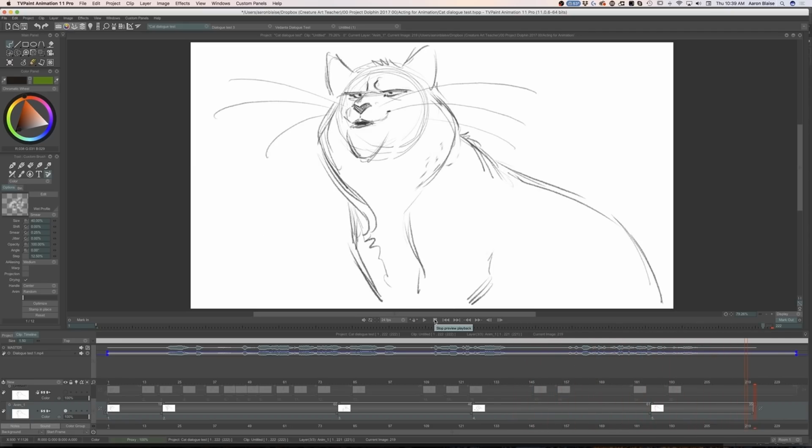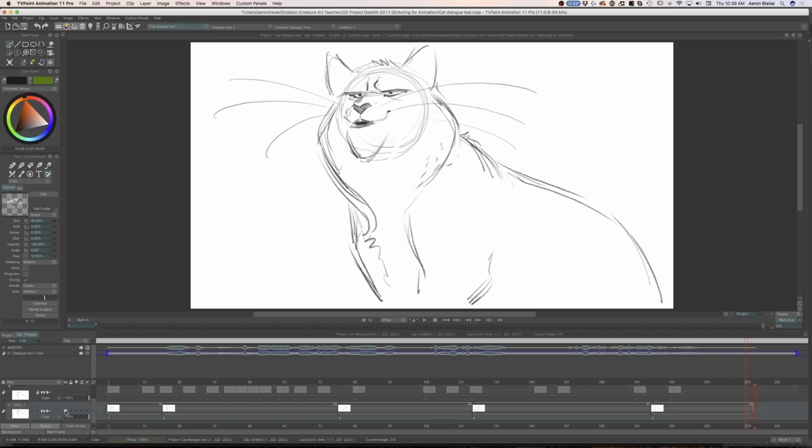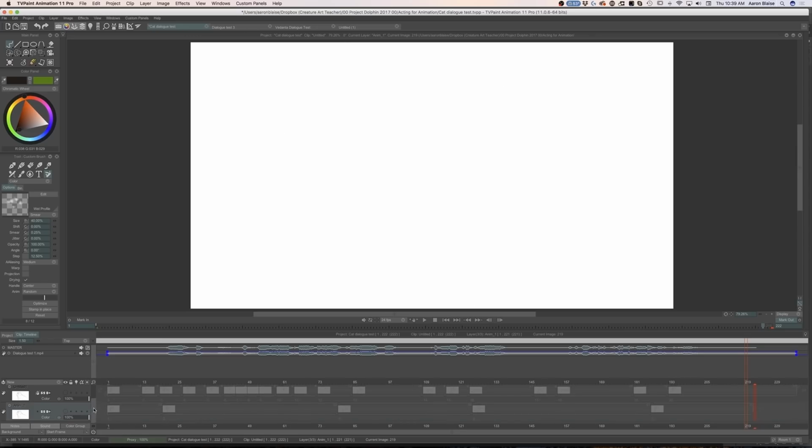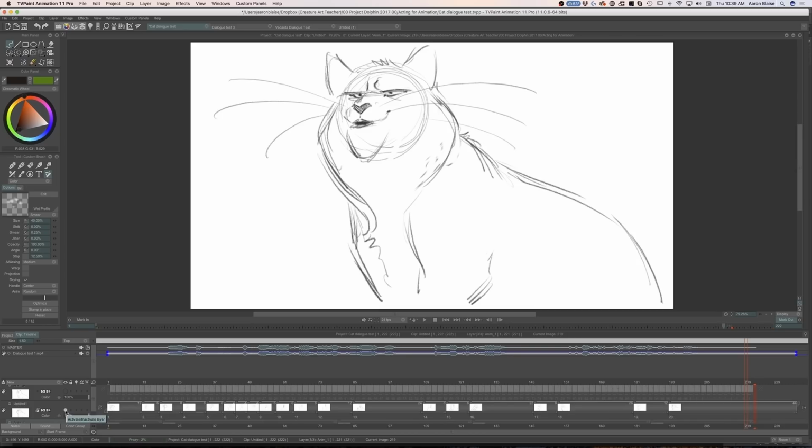And once again, I want to reiterate how loose I'm being at this stage. Don't be afraid to draw loosely. I'm drawing quickly. I want to get it down, and I want to make sure that I'm not using a lot of time at this point. There's going to be plenty of time later to make your drawings pretty. I just want to make sure that I get everything down the right way. So now you can see in here, if you look at the timeline, I have created a lot more drawings to fill out that animation, especially through here. Remember, I was saying, as he's moving from one pose to the next, he's nodding his head.